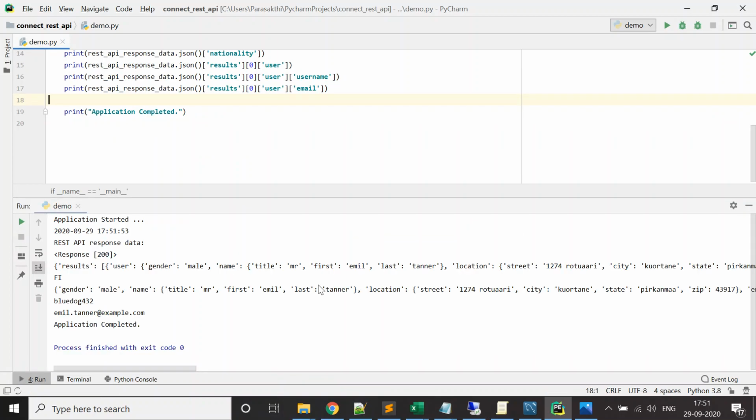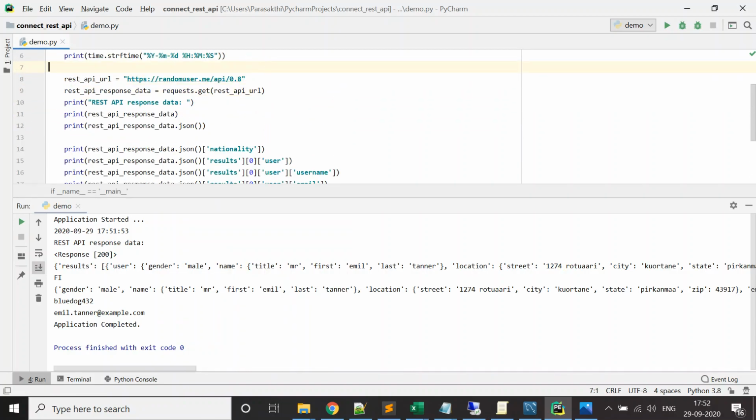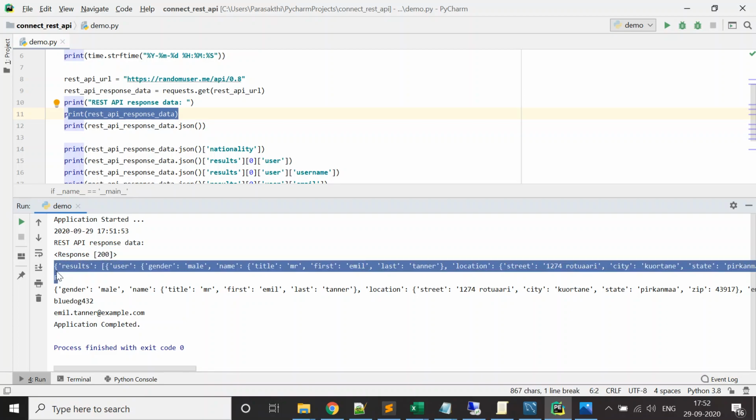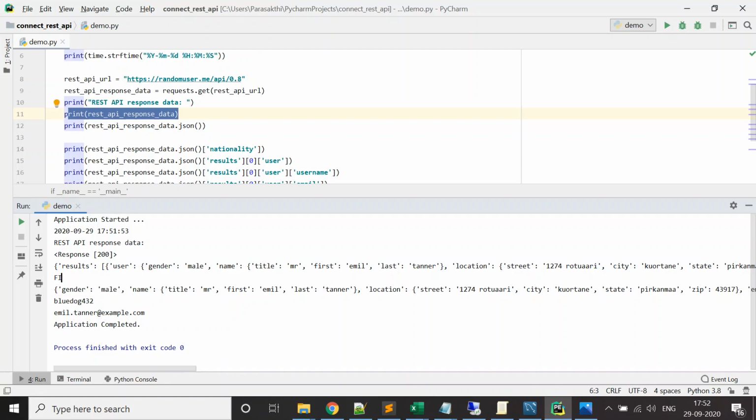Let me run this program. See here. The first print statement gives the response object. That's what you see here, response 200, and this is the entire JSON. From that I read the nationality. It is, I think, Finland, a country code in alpha 2, a 2-digit code.